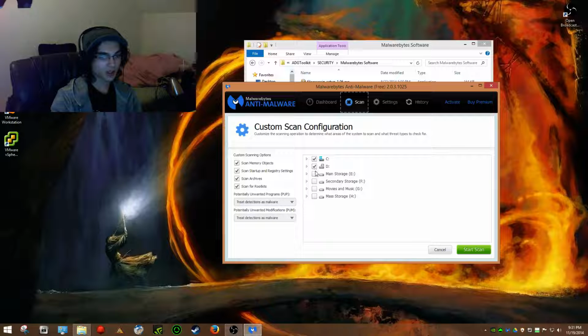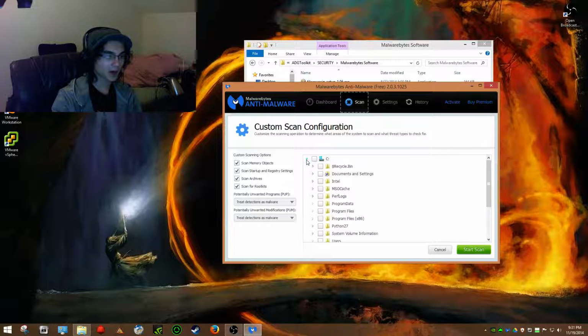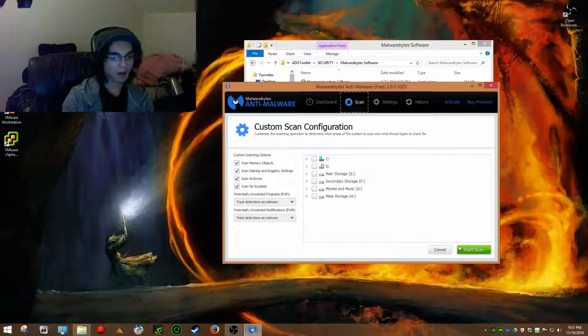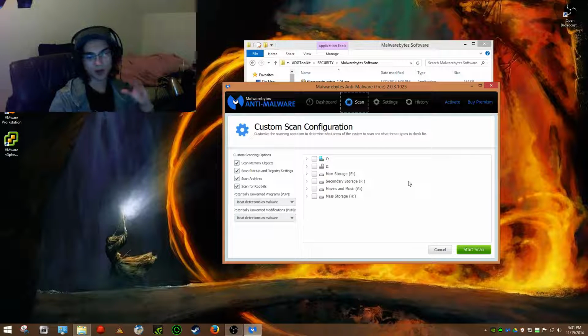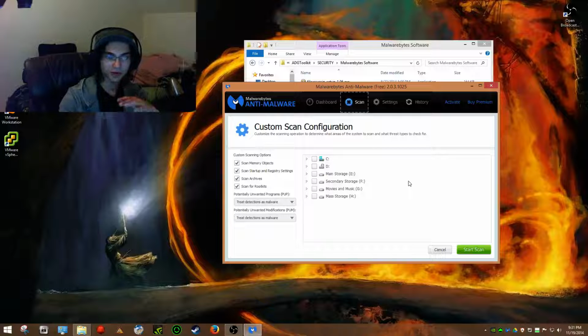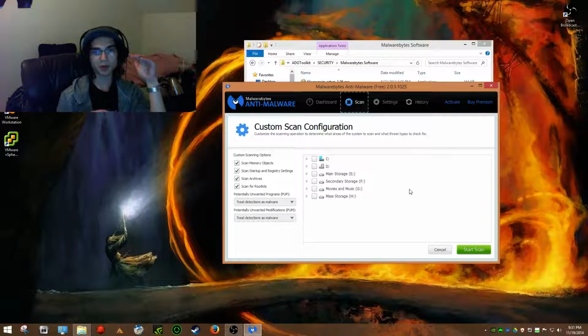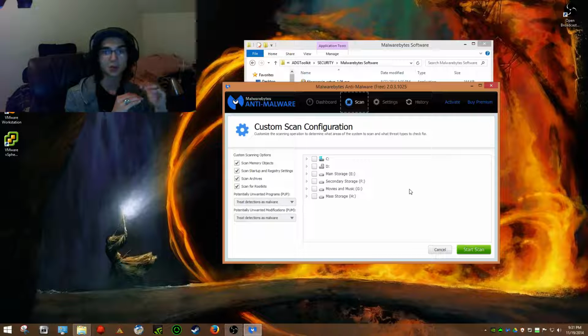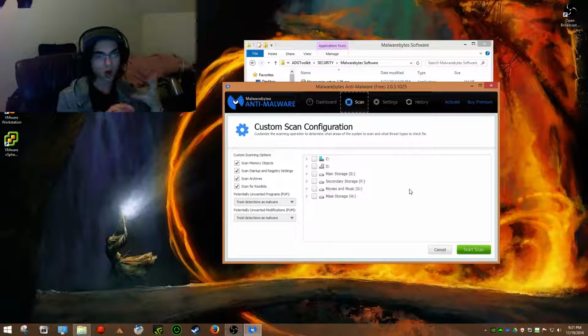But anyways, you go ahead and check the drives, and what's really nice about this is if I'm not sure about a folder, I can find that exact folder that I want, and I can scan that individual folder. But anyways, it'll scan that entire drive or that entire folder, look at everything. When it finds something, it basically categorizes things into PUPs, which are potentially unwanted programs, and malicious threats, which are Trojans, worms,